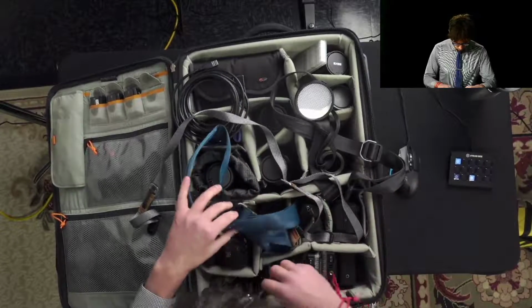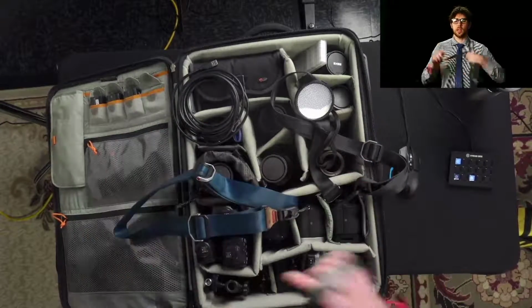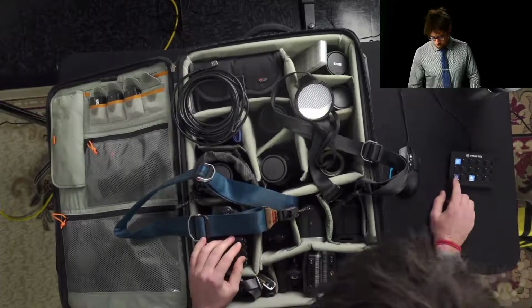Okay, so let's get to the cameras themselves. You'll see I have a lot of these straps. This is one of the things that we also do, is we switch between the Arca Swiss, what do you call it, spider clip thing. I use that a lot. Katie just uses the straps. So we have these Peak Design straps that you can put on the cameras and pull off the cameras really easily, which is really nice because sometimes I want a strap, sometimes I don't. With the strap on for video is nice because you can use it as, you know, an extra 2 points of stabilization. For photo, sometimes it gets in the way. Especially it gets tangled in the,